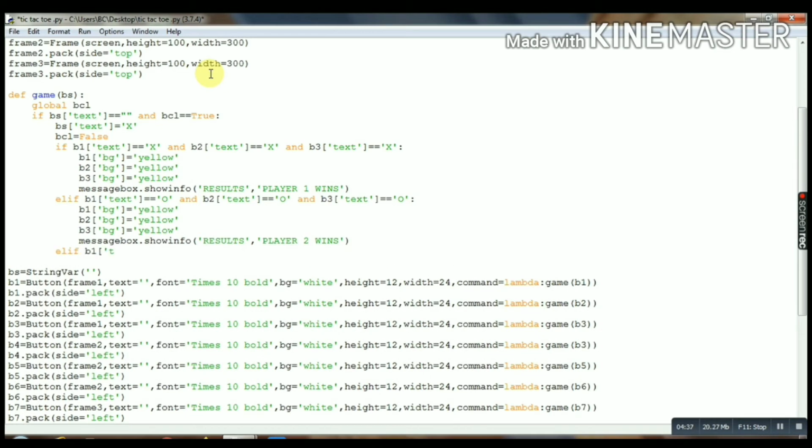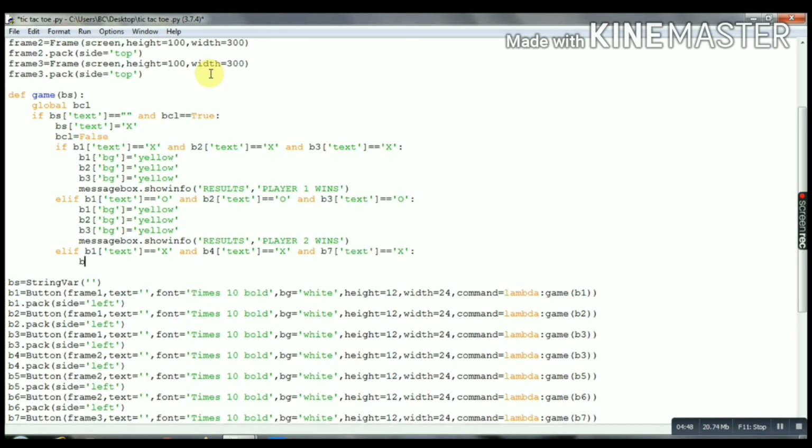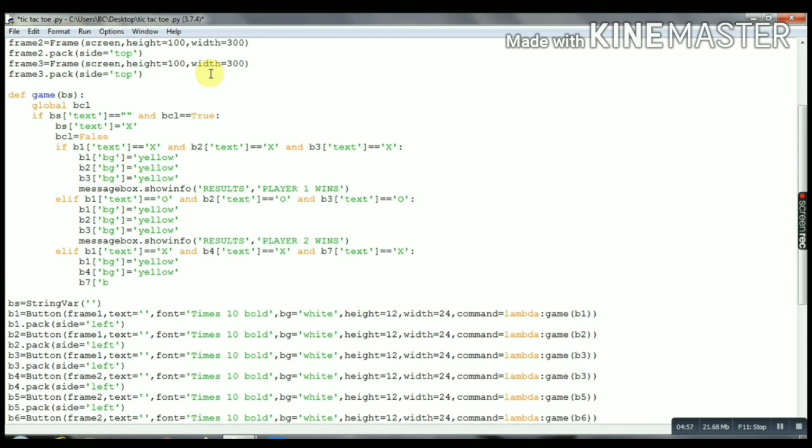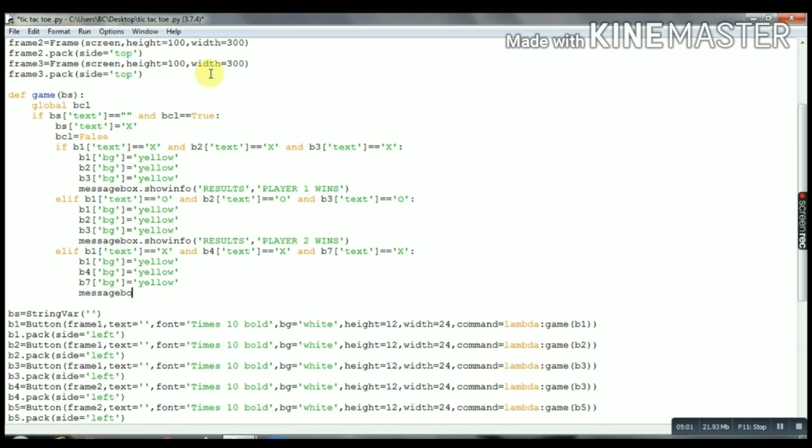Okay, similarly we will create it for B1, B4, means diagonally, and B7 text equals to X, and turn B1 background yellow, B4 background yellow. Okay, B7 background yellow. Done. Here we will show a message that result: player 1 wins.